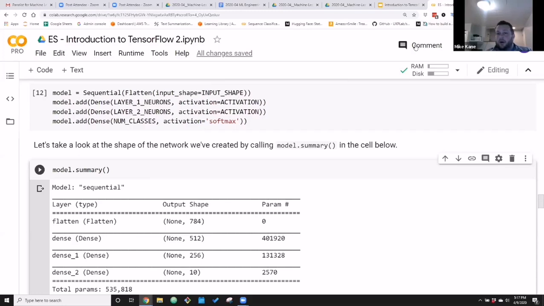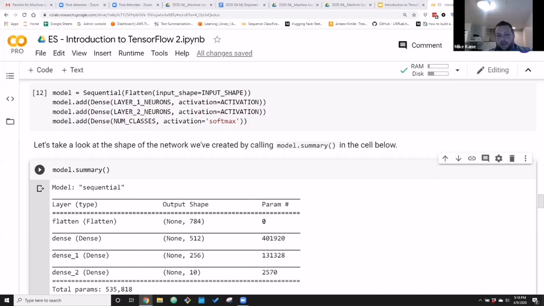Okay, so I could do that, and you might have done that before with NumPy. It's very common to do that sort of processing in NumPy, where you call np.reshape, pass it what you want to reshape it to, and the size to reshape it to, and it would do all that linear algebra for you and reshape it. A flatten layer does that exact same thing. We can just build it into our network.